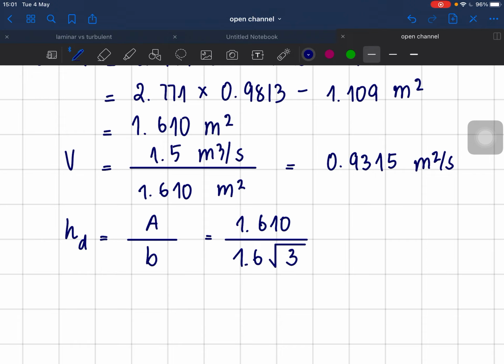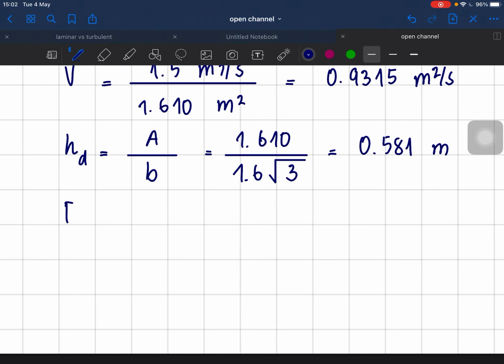So this is 1.610 divided by 1.6 square root of 3. Answer is 0.581 meter. Then we can find the Froude number equals U over